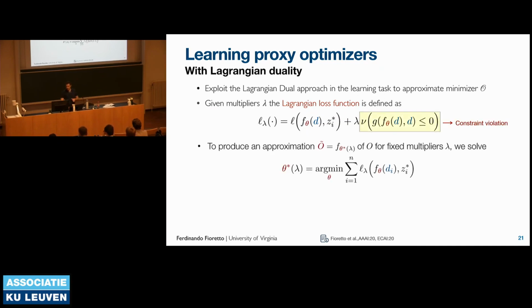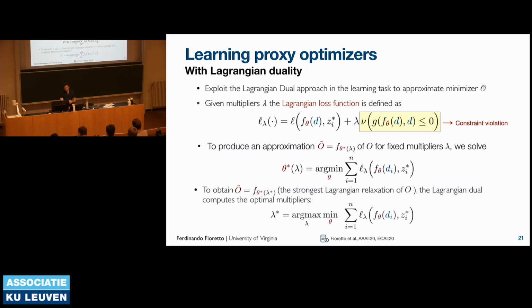And then once again, to produce an approximation of this original problem, we can parameterize our parametric model by a vector lambda, our Lagrange multipliers, and we can simply minimize our empirical risk function. So this is essentially just a loss function plus some penalty term. Then you can use your classic stochastic gradient methods to minimize it. But then to find the best lambdas, you have this external procedure that finds the maximum value across all the lambdas while minimizing our empirical risk. This will find our strongest Lagrangian relaxation. So operationally, how do you implement this?